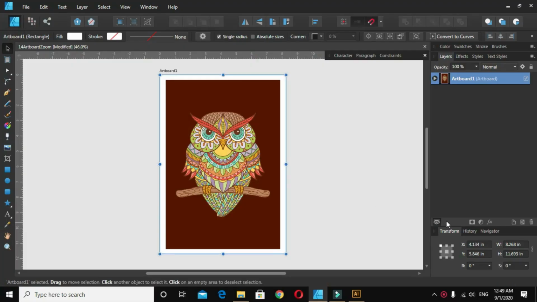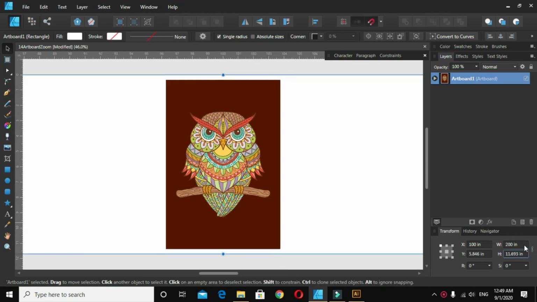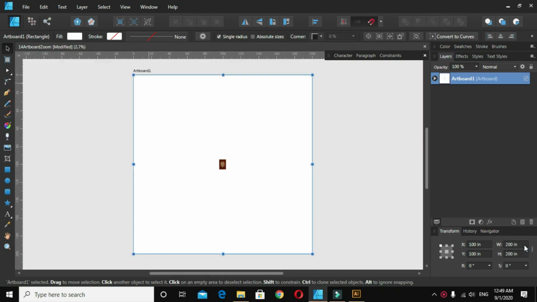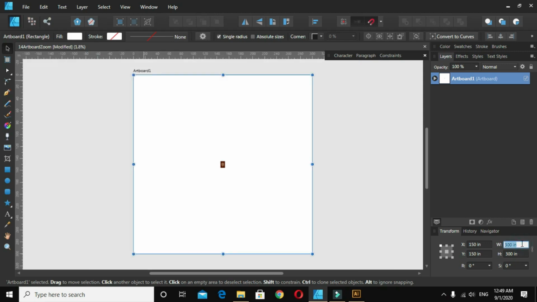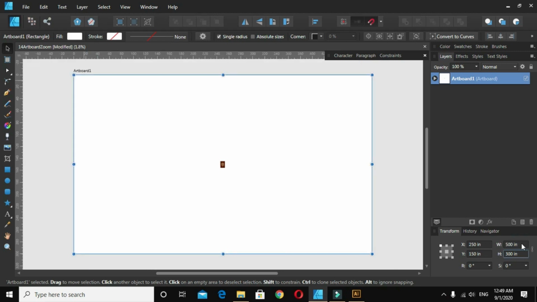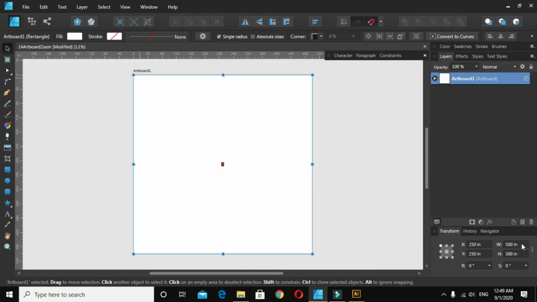In Affinity Designer, we can choose or create an artboard of any size. Let's say I make it 200 inches. It's done. Make 300. It has been accepted. 500. So we can create the artboard of any size.